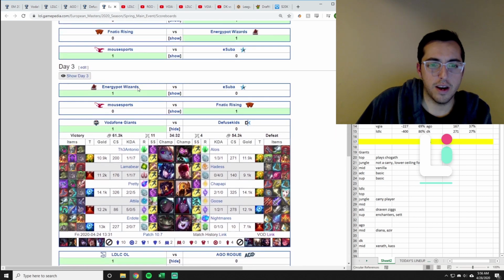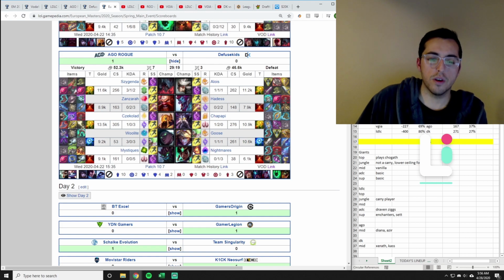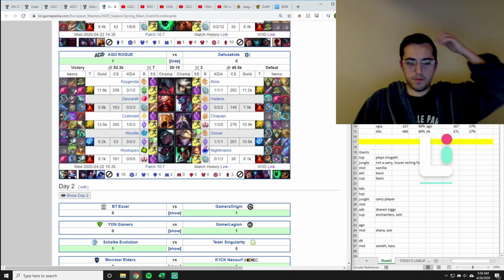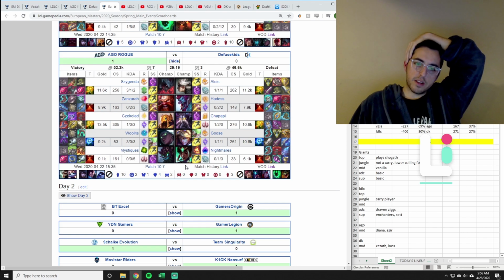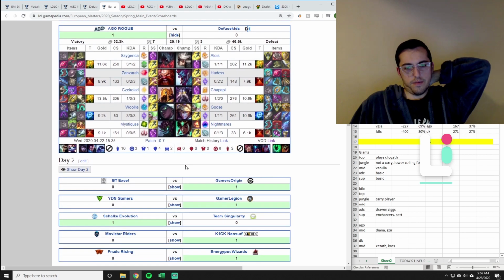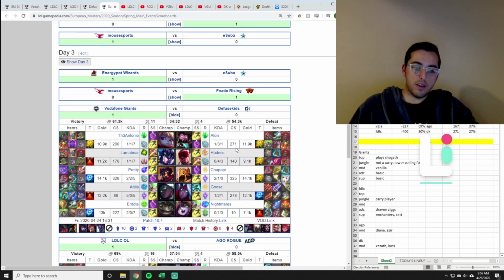I guess the draft kind of makes sense. If you're just trying to outscale, why not play a tank in the top lane or a tank support and then just try to scale? I don't hate the Karma, but Karma Ezreal against Senna Maokai, are you really expecting the Karma to destroy the Senna Maokai that hard? Just not great. And if this is your mentality, I wish that Diffuse Kids would play something like Ornn, because if you have